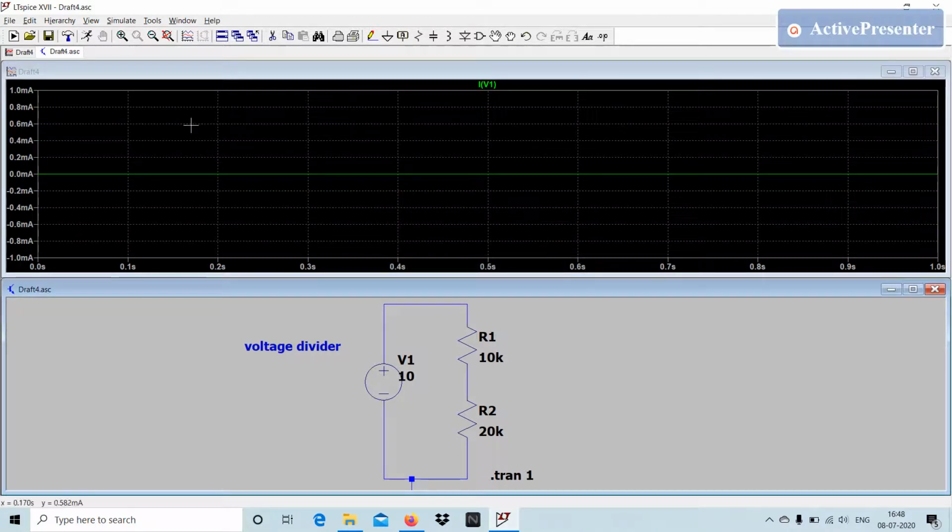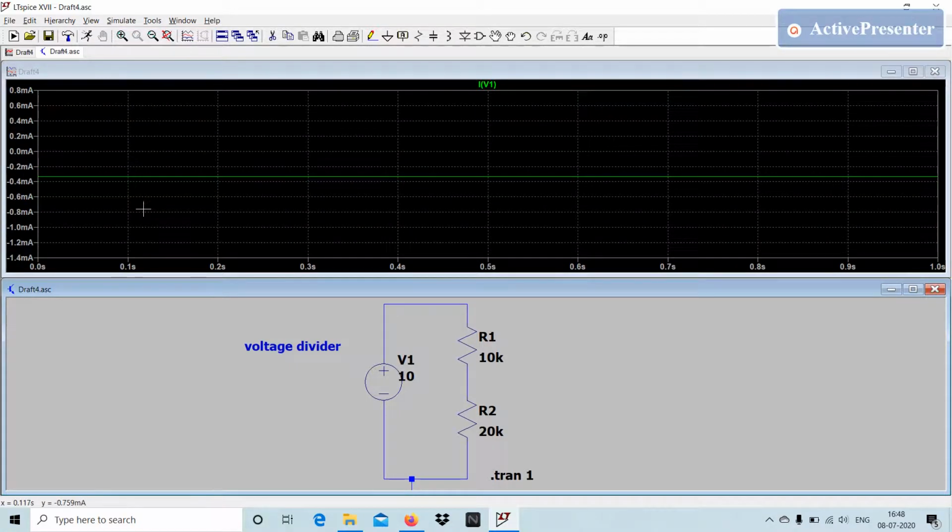Okay. Now I'm going to simulate and run. So I will not get anything.